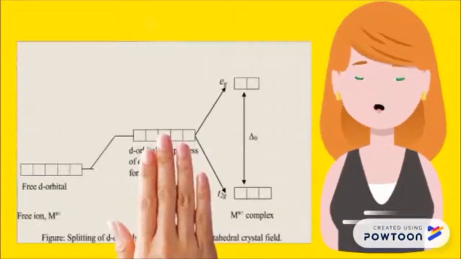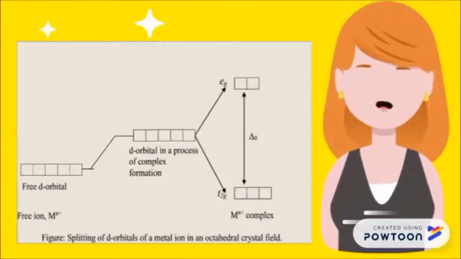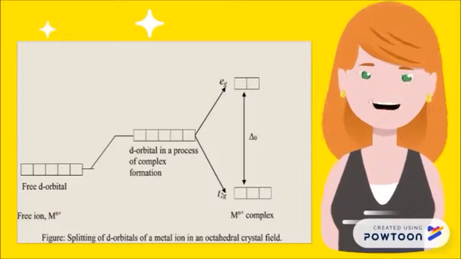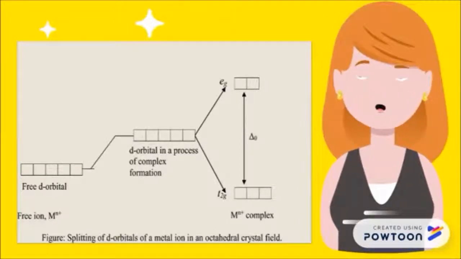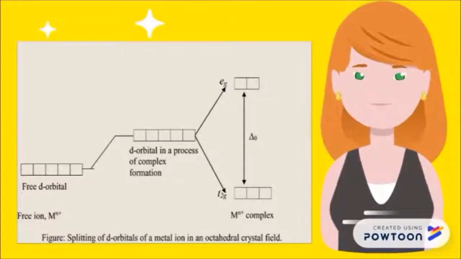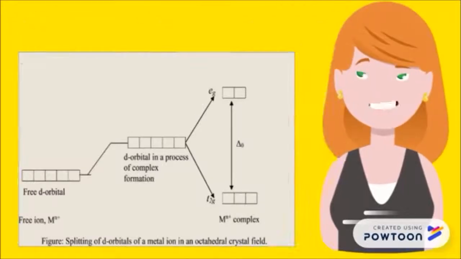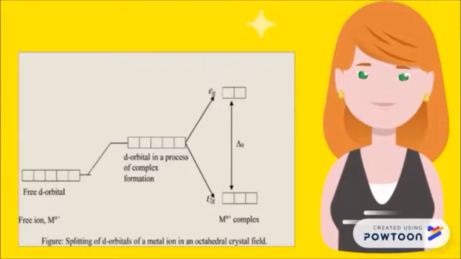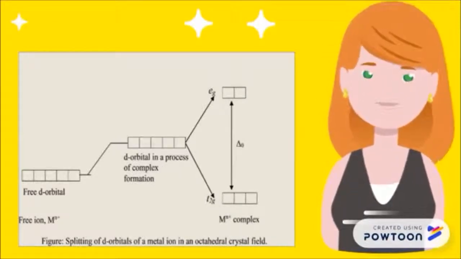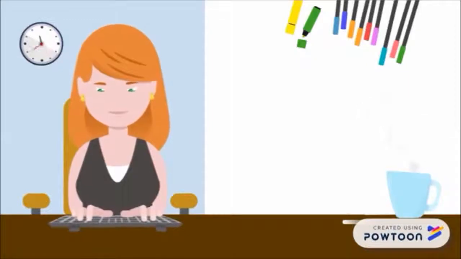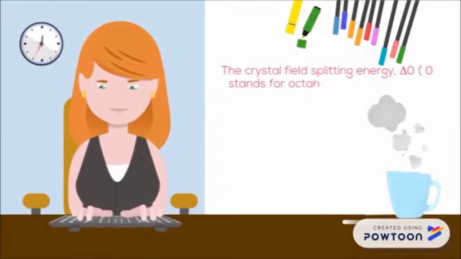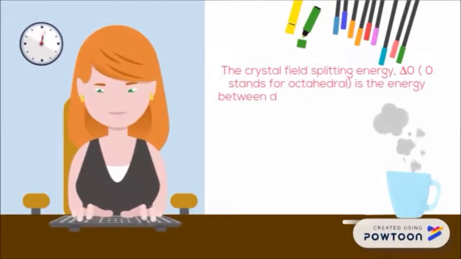So, the d orbitals of a metal ion will split into 2 sets with different energy levels when the metal complexes with the ligands. The first set is called the eg orbitals, which consist of 2 orbitals, dz2 and dx2-y2, at a higher energy level. The second set is called the t2g orbitals, which consist of 3 orbitals, dxy, dxz, and dyz, at a lower energy level. The crystal field splitting energy, delta naught, where the o stands for octahedral, is the energy between dxy, dxz, dyz and dz2,